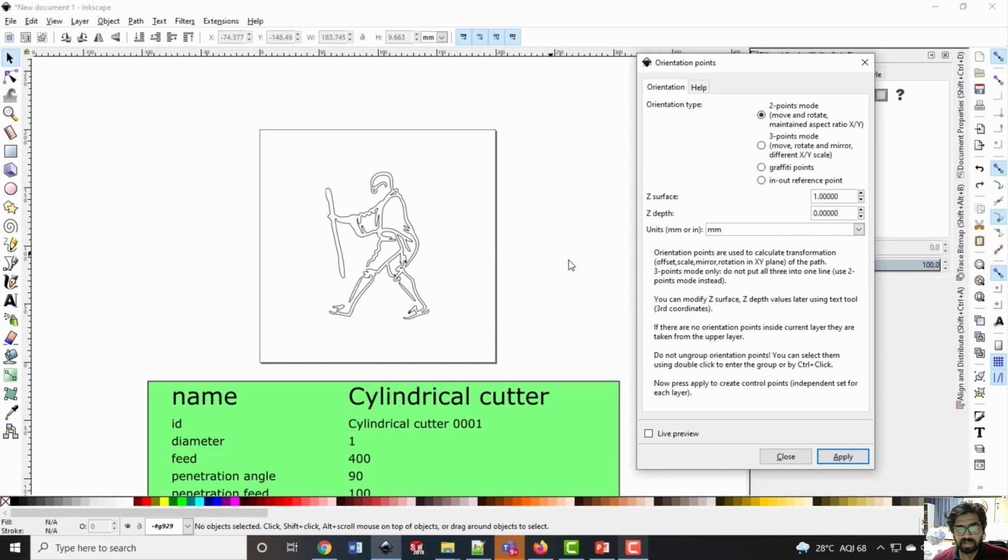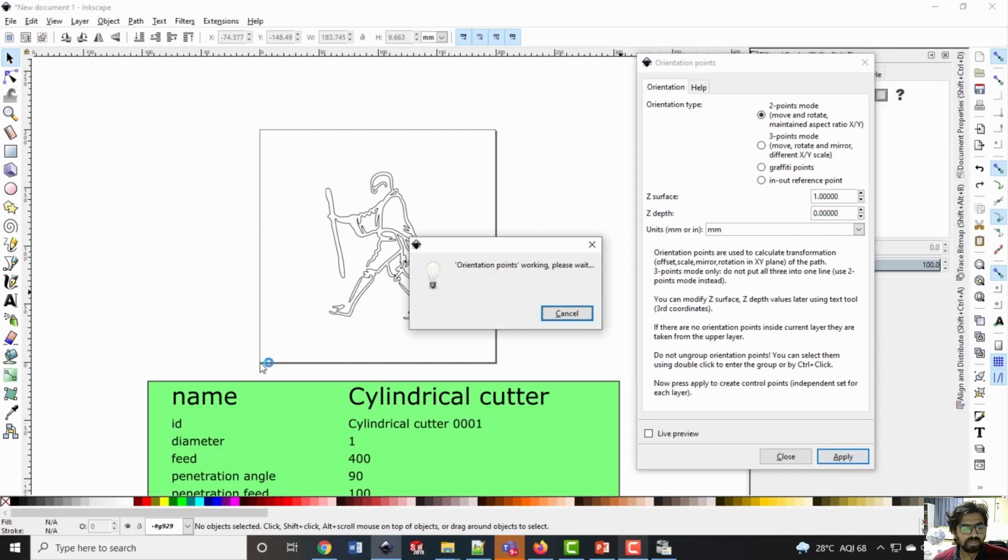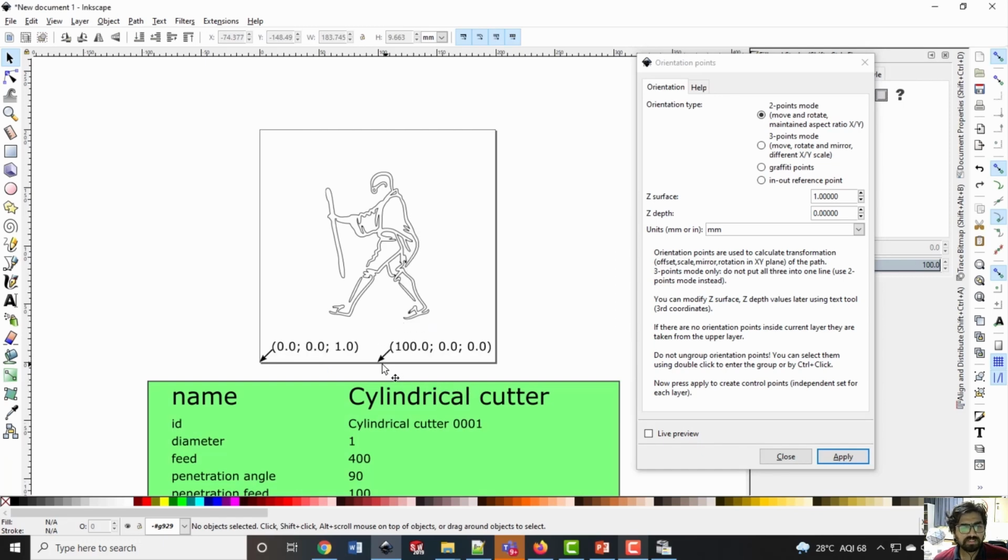All the dimensions are in mm, and if I say apply, it will create a 0, 0 on this corner and define another point which is at a distance of 100 mm. Now you can have an idea also that on your 3D printer plate, if this is the 0, 0, then where you are going to deposit your material on the XY plane. Of course, z equals 1 means this surface is at z equals 1, but your material is going to deposit at z equals 0 as it is written here.